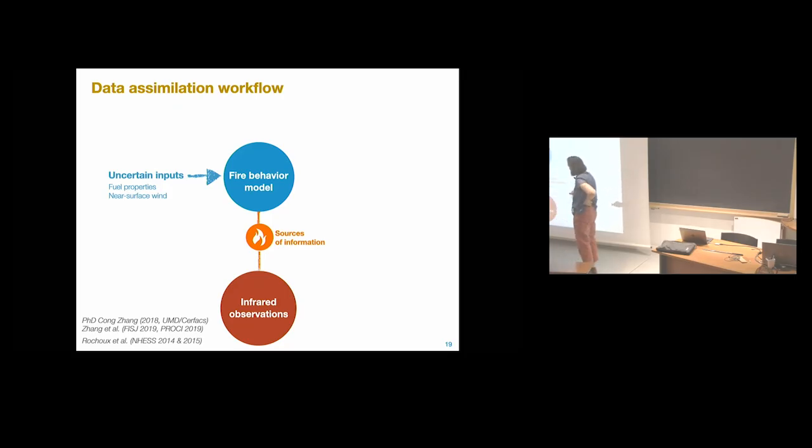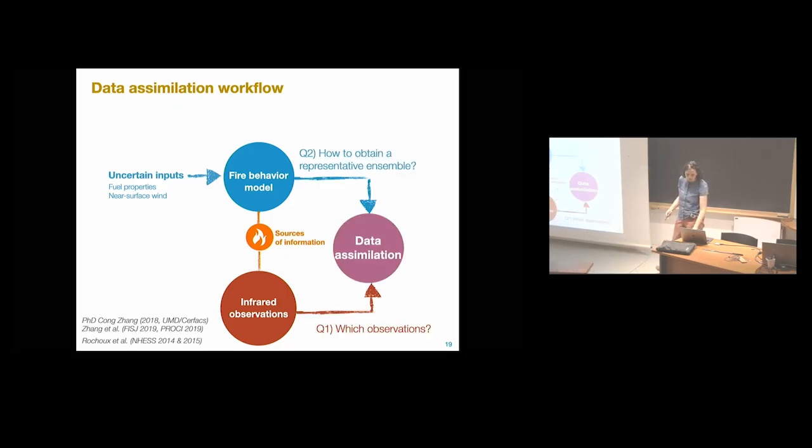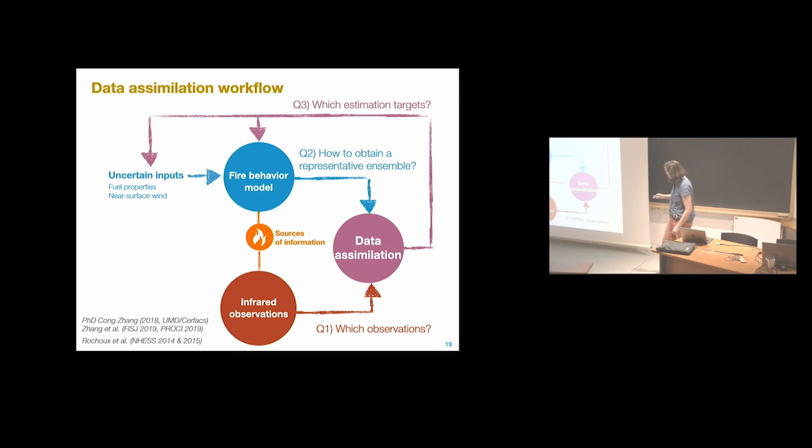So the idea of data assimilation is to combine all the sources of information you have on the fire behavior. So you have this coupled model, but we also want to benefit from the infrared observation. And there is a question of how to combine these two sources of information on the fire behavior. And so there is a question on which observation we assimilate, how to have a representative ensemble of the different scenarios of your fire behavior. And you want to compare both to obtain a feedback to solve an inverse problem and retrieve information on the inputs of your model and correct some uncertainties you have on your fire front propagation.